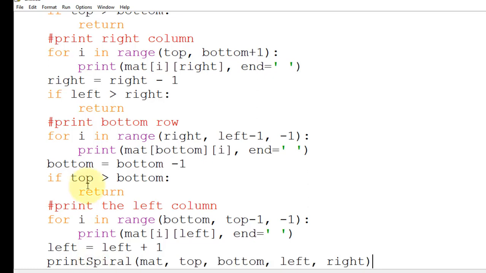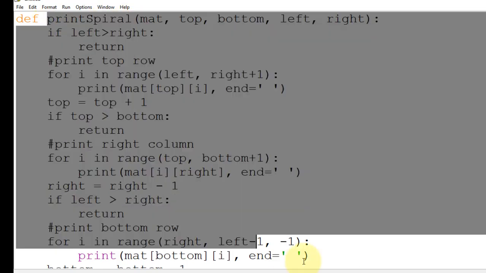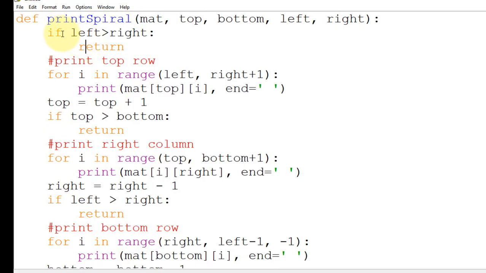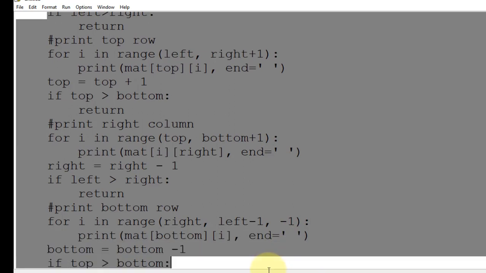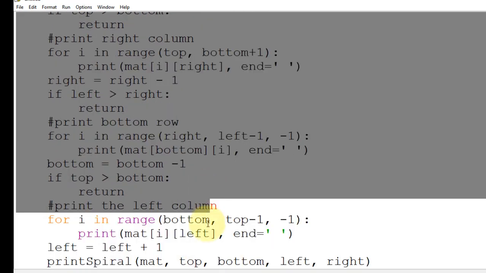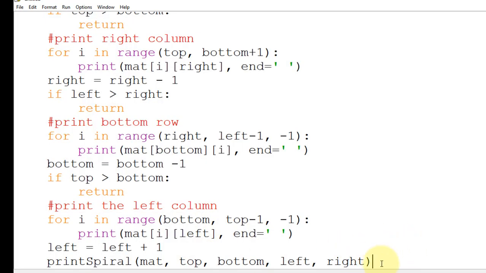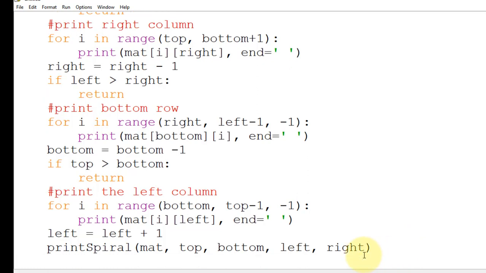Now if you're going to analyze this portion, the print spiral, try to perform this part of the code, this one, perform these lines of code. Right, now let me continue. So here, if